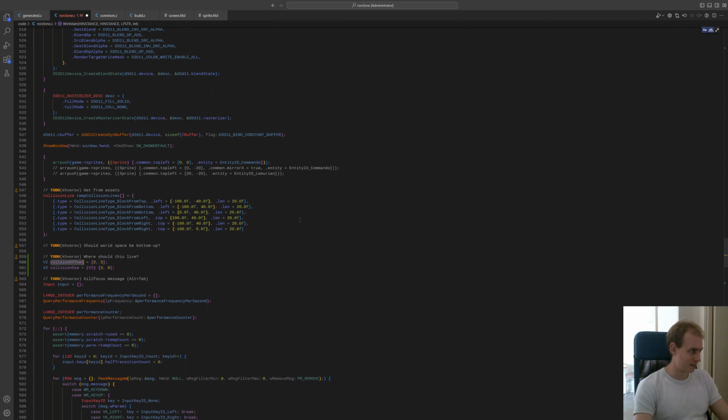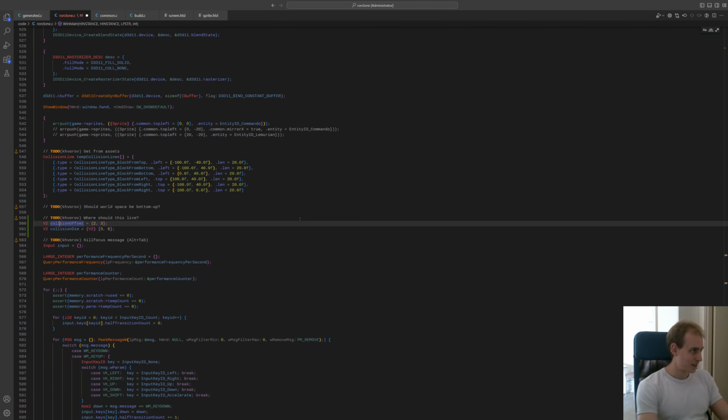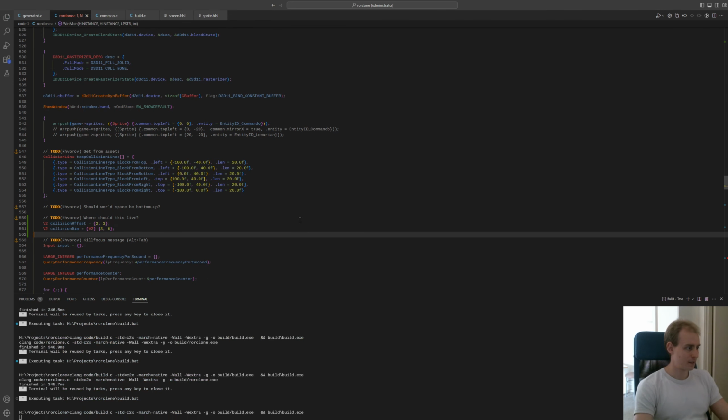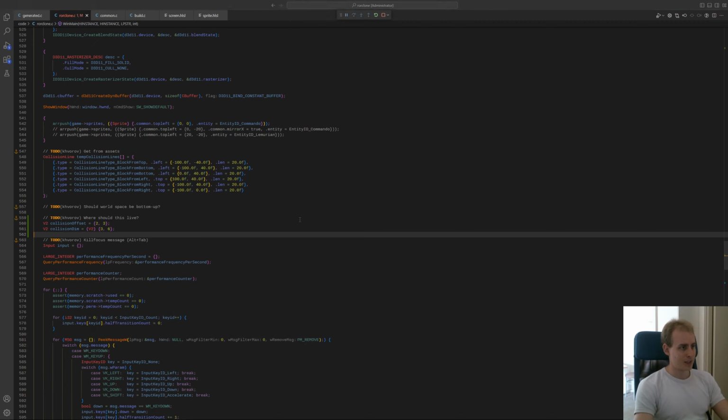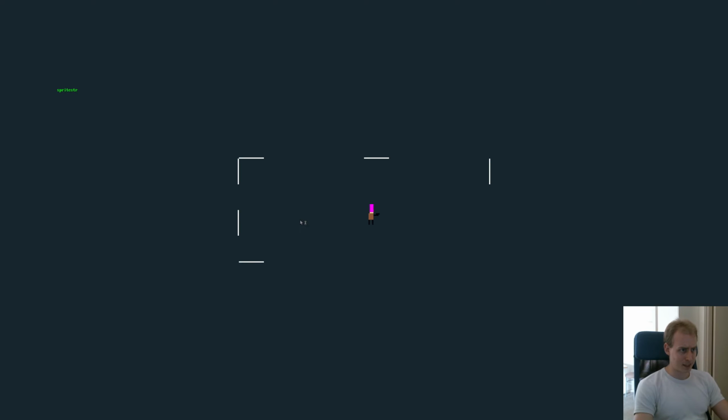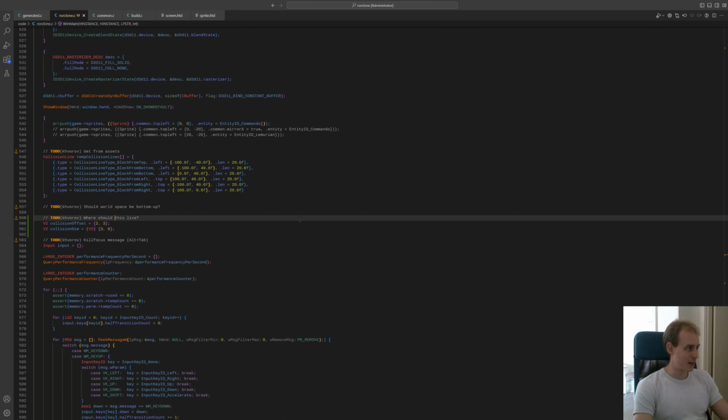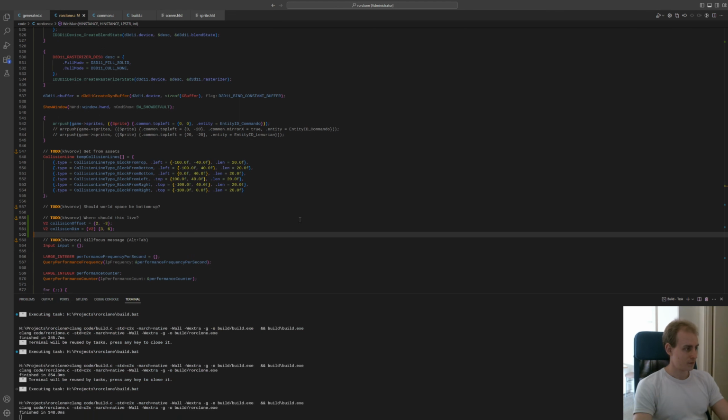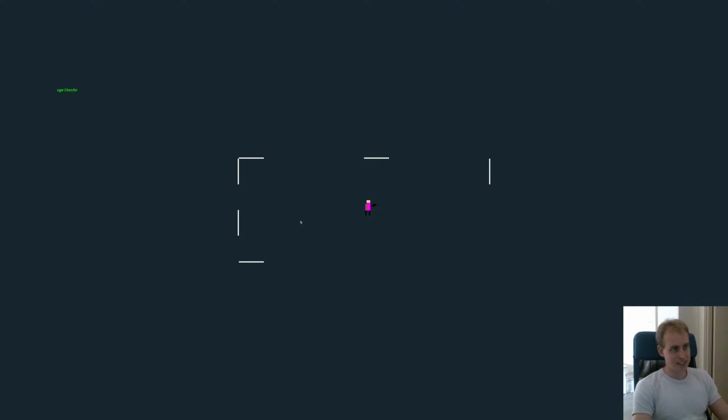Collision offset. Collision offset. Okay, so presumably now it's offset a little bit from where it used to be. Although it's offset up apparently. Well, presumably we'll offset it down. Yeah, so